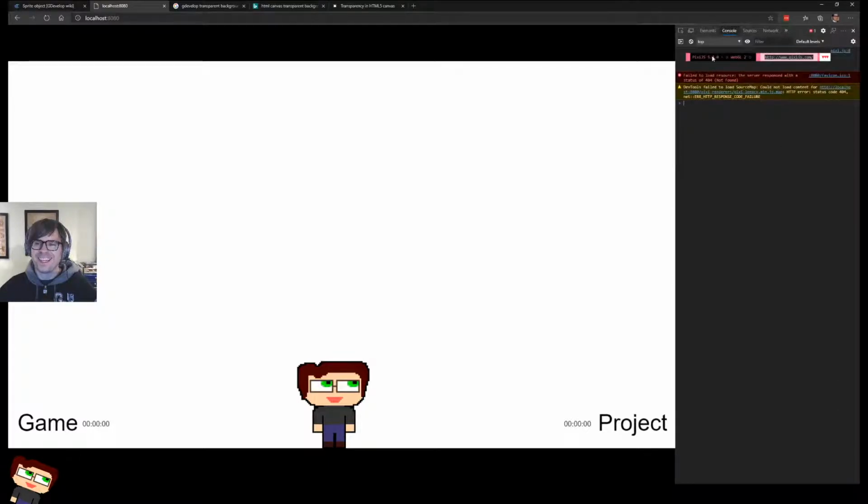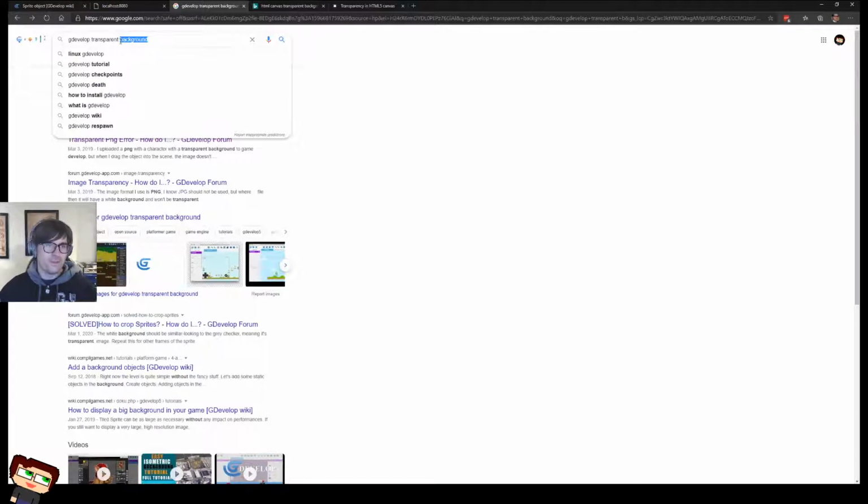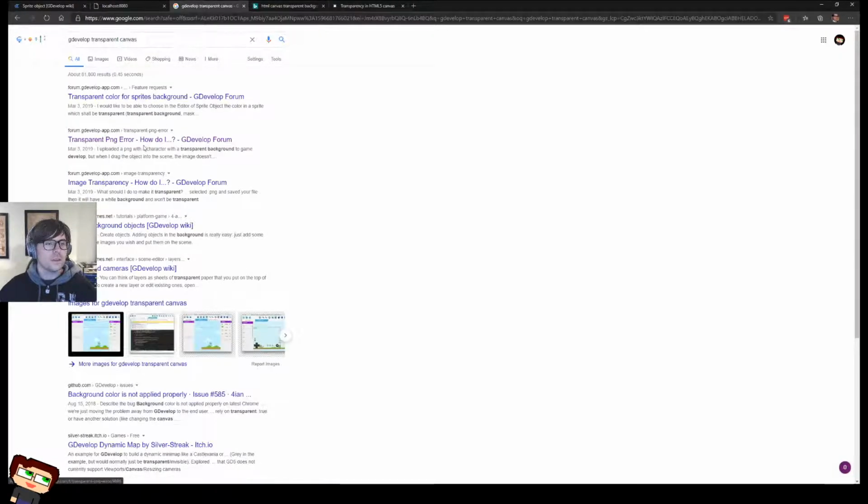But here's the thing, there's got to be a way to make it, it's using Pixi.js. Again, that's the low-level stuff. But GDevelop's doing a lot of the heavy lifting for me. So transparent, let's try canvas, transparent PNG, image, adding background, layers and cameras.